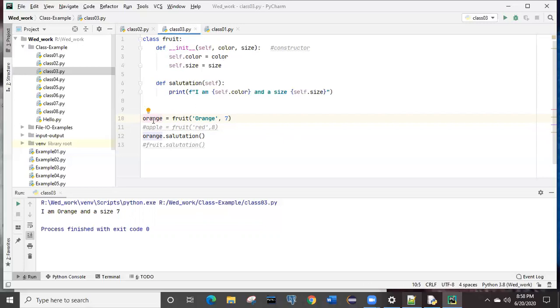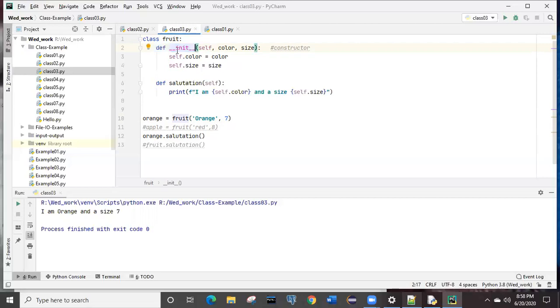So after executing, encountering this line number 10, it will directly jump into your class and will check where is the value to initialize the object. And it will come to this init method, that is the predefined method in Python, right?